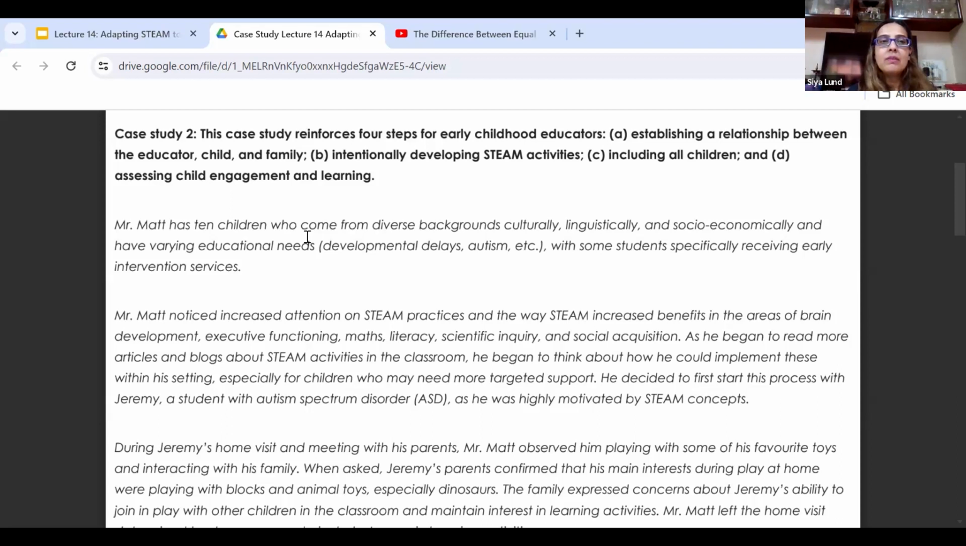So here's a case study of Mr. Matt, who has 10 children from diverse backgrounds, culturally, linguistically, socioeconomically, and with varying educational needs. That means developmental delays, autism spectra, with some students specifically receiving early intervention services, which means children already have IEPs, their individual education plan and goals, that are being looked at. But Mr. Matt